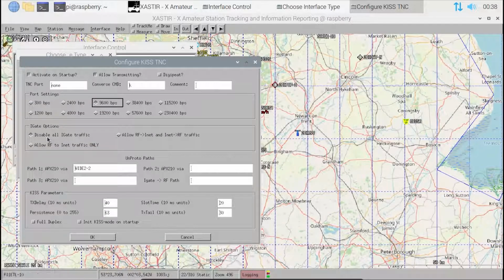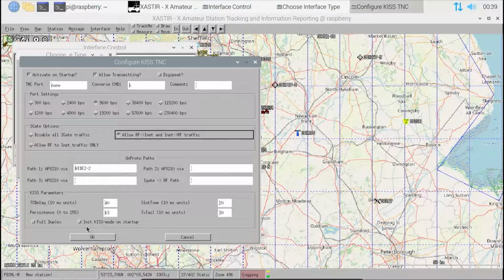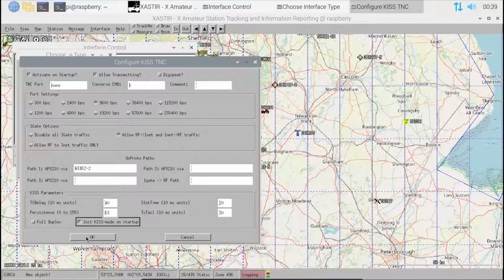Here everything's disabled except for RF or internet or vice versa. You want to allow everything, which is this one here. This section can be left OK, and if it's a KISS TNC, initializing KISS on startup is a good thing to tick, which means you won't have to manually go into the TNC and switch it to KISS mode. This will do it for you. Okay, we're going to click OK,